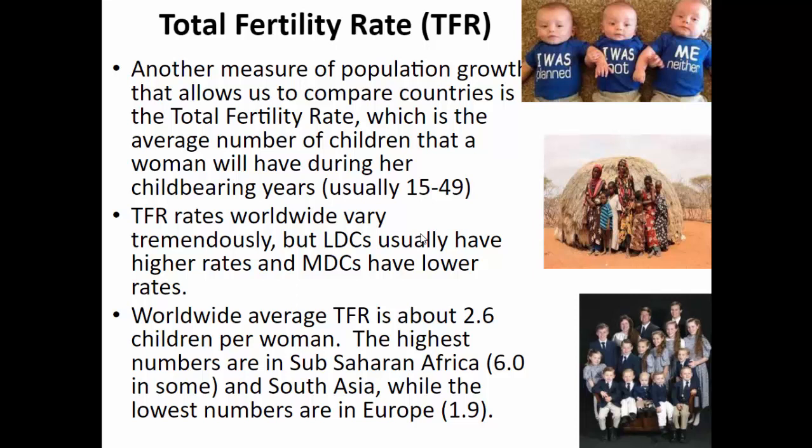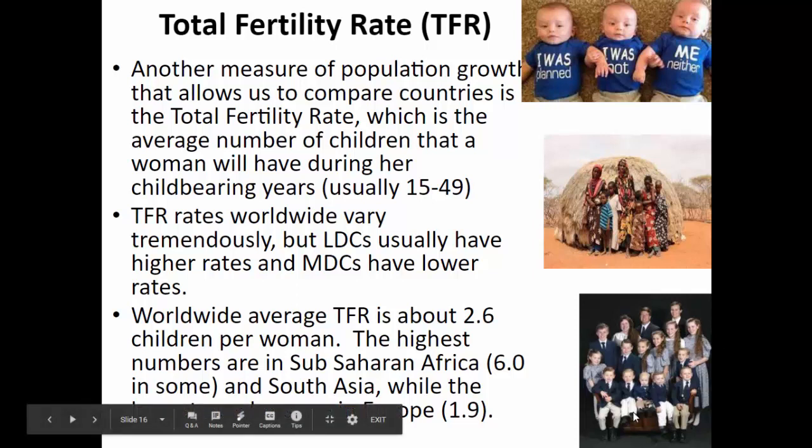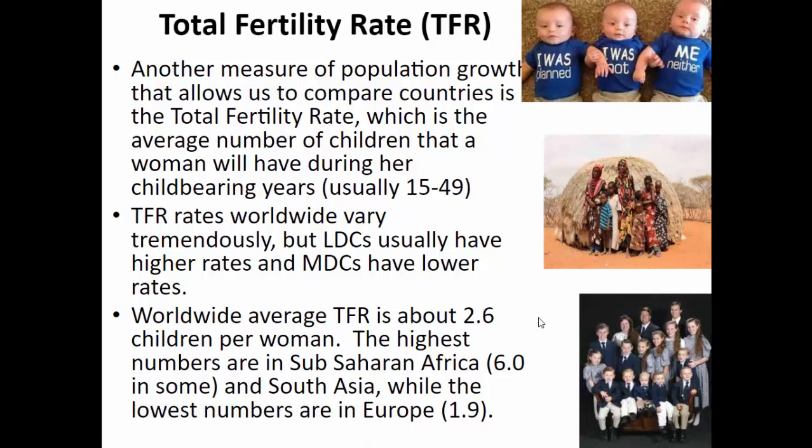Now, hey, do we have families in developed countries with tons of kids? Heck yeah, we do. We've got that Duggar family that's got like 50 of them. I don't even know what the show is. 25 and counting or something like that, all righty? Do we have families in sub-Saharan Africa with fewer than 6? Of course we do, right? But we're talking averages here. And so just by looking at the number of children per woman, you can draw conclusions about the development rate